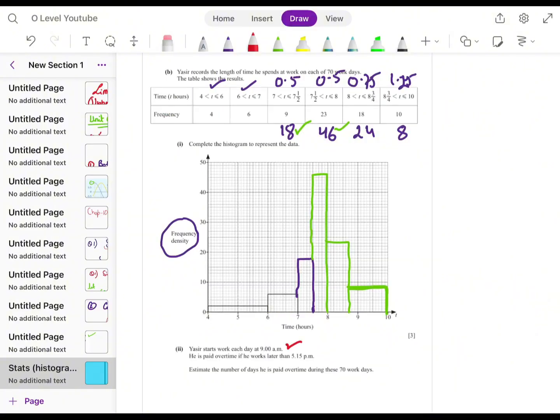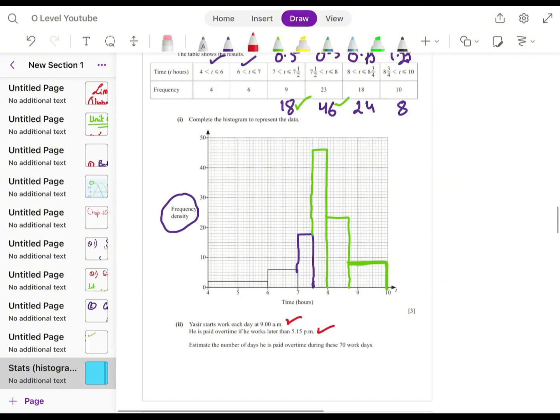Now he starts work at 9 a.m. and he ends at 5:15. If he works overtime, he will be paid overtime value for that. Now we need to estimate how much work he has done. Estimate the number of days he is paid overtime. So we need to find the estimated days. So first you can see that 9